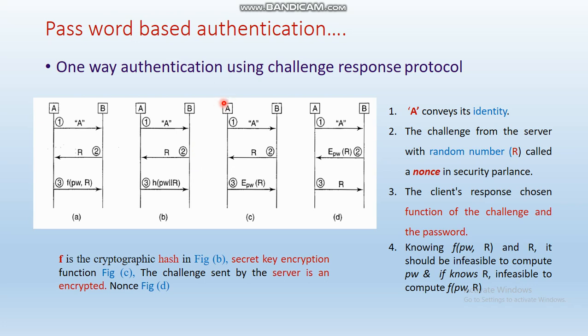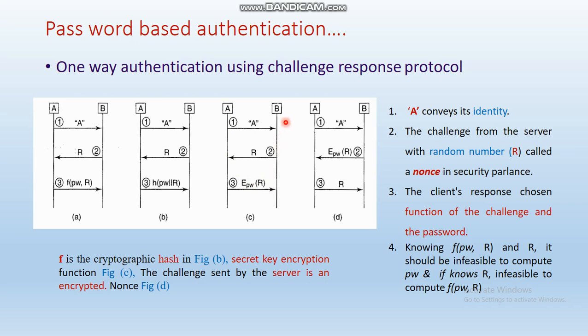In the next figure, party A communicates with B using her identity. In response, party B sends back the random number R, but the way of sending back that R is completely different from the previous figure. Here R is encrypted using the password, which is chosen by A itself. Using the password, R is encrypted, and that encrypted value is sent to A.